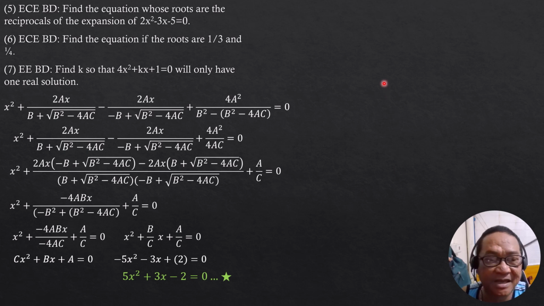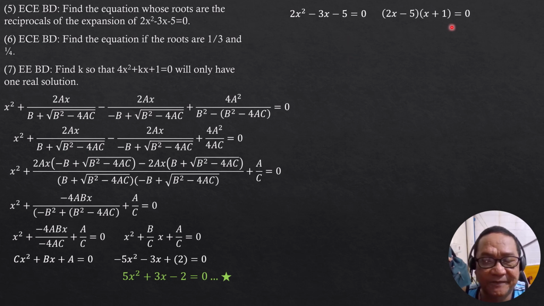It's easy to remember. So in particular, we factor this into 2x minus 5 and x plus 1 equals 0, so that the roots are 5 halves and negative 1. The reciprocals, therefore, for the new equation, will be x minus the reciprocal of that, 2 fifths, then times quantity x. Reciprocal of negative 1 is still negative 1, so x minus negative 1, or x plus 1. So these are the new roots.